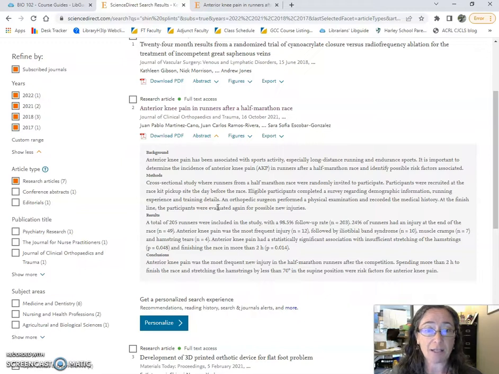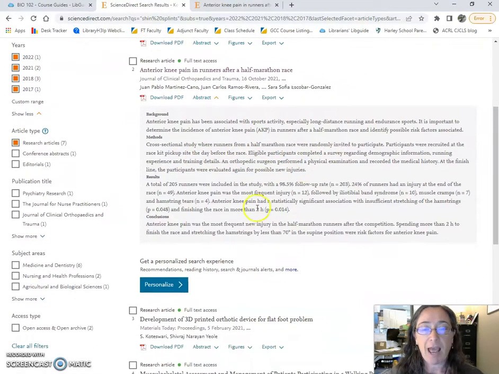So I can see that they did a cross-sectional study right there, and that they used participants who were recruited from a race kit pickup site, and they told them what they would be doing. They took some details, and they also give me some more specific details about their participants, namely how many, and I would usually get some good demographic data, like how old, males, females, that sort of data. But you can see that they give me percentages and numbers and math. This is a research study because it tells me what they did and who they did it to. So at this point, I would say this looks like a great article.